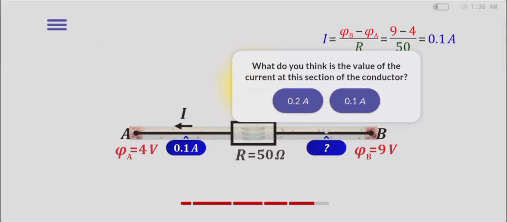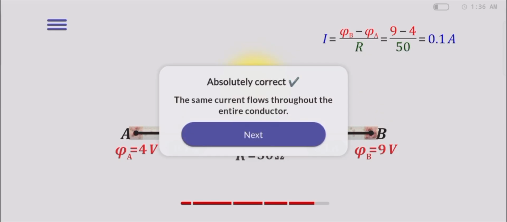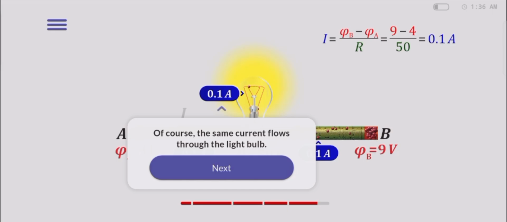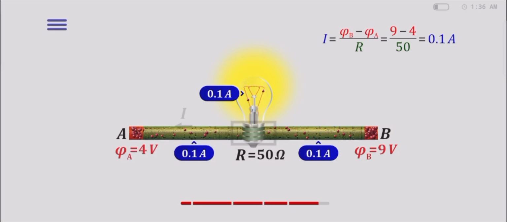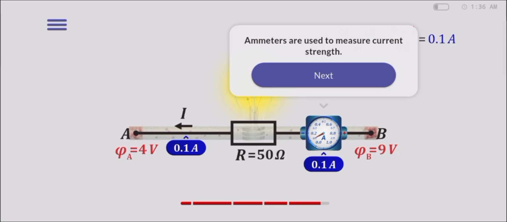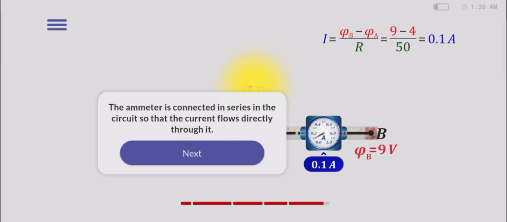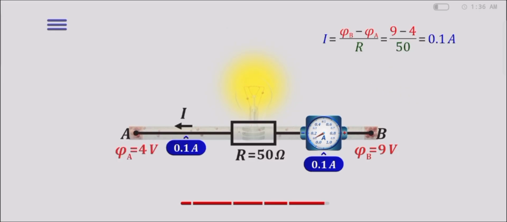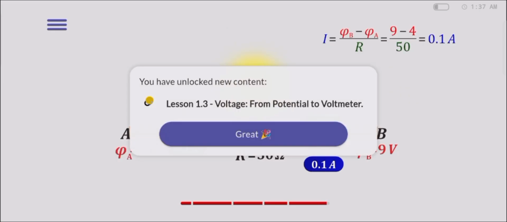Now we know the current strength at this section of the circuit. What do you think is the value of the current at this section of the conductor? Absolutely correct. The same current flows throughout the entire conductor. Of course, the same current flows through the light bulb. Ammeters are used to measure current strength. The ammeters are connected in series in the circuit so that the current flows directly through